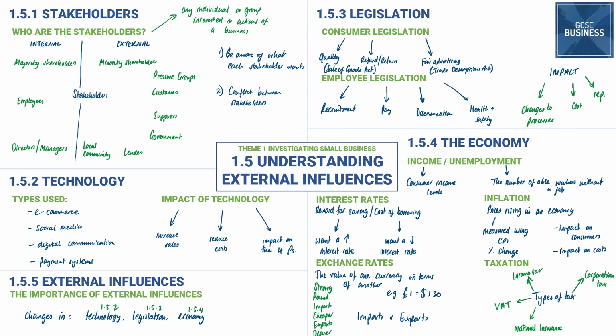Where does this fit in the wider picture? Well, external influences, this entire unit is effectively a part of a model called the PESTEL analysis. So PESTEL stands for political, economic, social, technological, environmental and legal. We've looked at three of those. We've looked at technological, we've looked at legal, we've looked at economic. In the A level, you would study political and social and environmental as well. But generally speaking, when a business is thinking about the things outside of the business that impact on them, they will be thinking specifically about PESTEL analysis. And these three are probably the main ones, but for different businesses, others will be important as well.